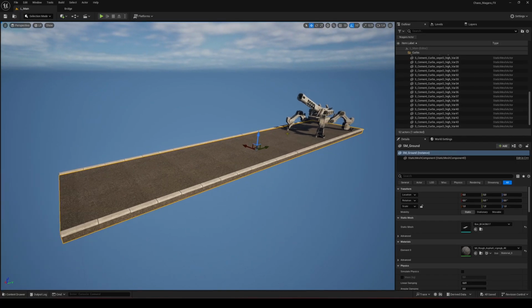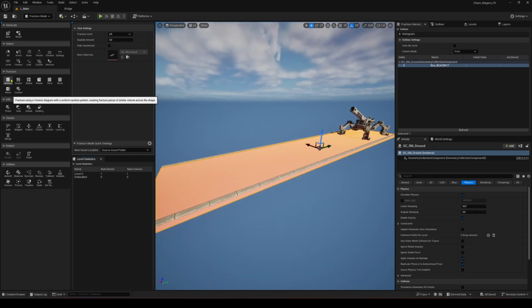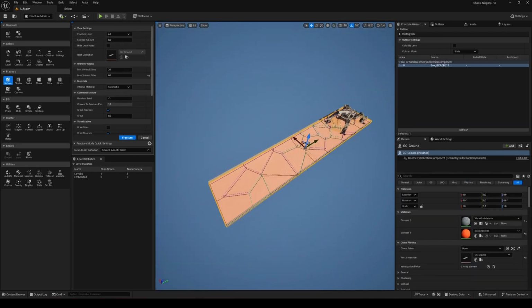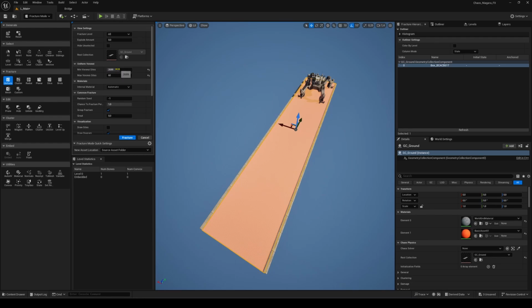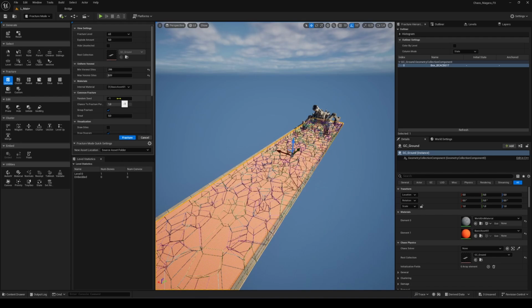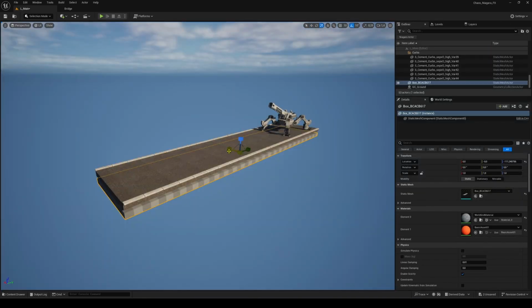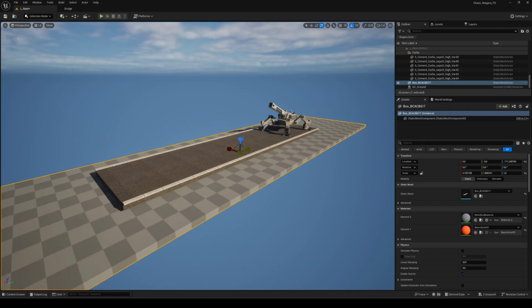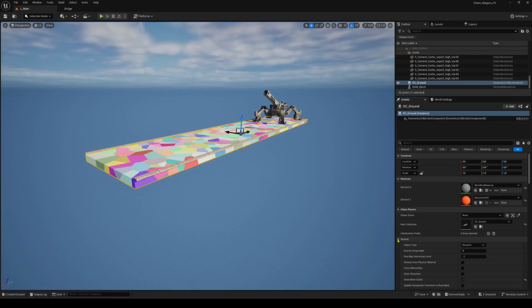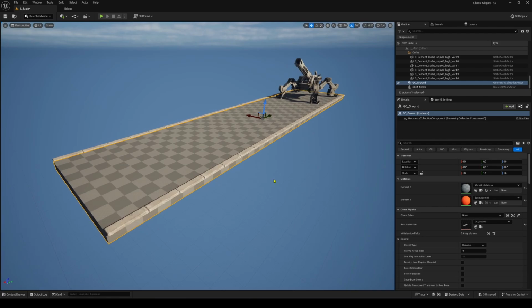And now we are ready to set up our first fracture, creating a new asset, a Geo collection. I'll be testing different setups here, making sure to think and anticipate as much as possible. As mentioned earlier, don't forget to assign the correct material slots so we can assign a different material to the inside of the Geo collection. I also created supports by duplicating the original mesh here, so that the debris has something to rest on after the destruction. You can disable debug mode here by turning off show bounce color in the details panel.